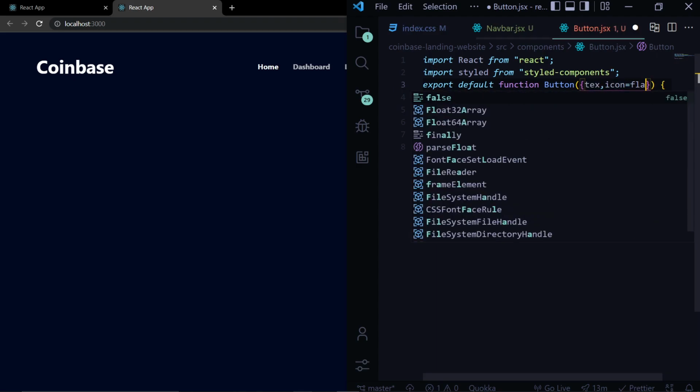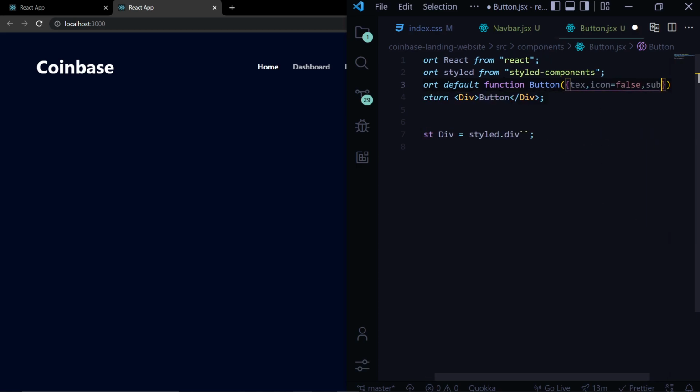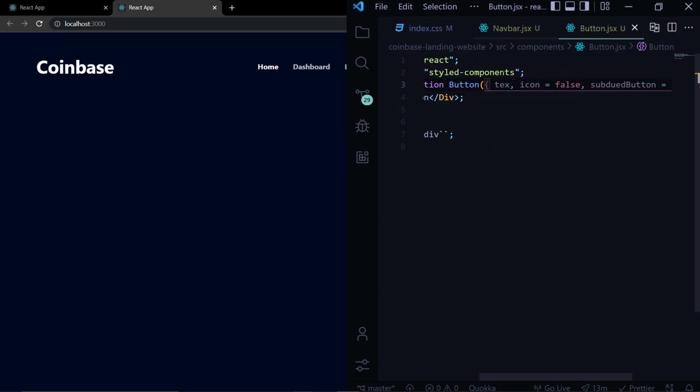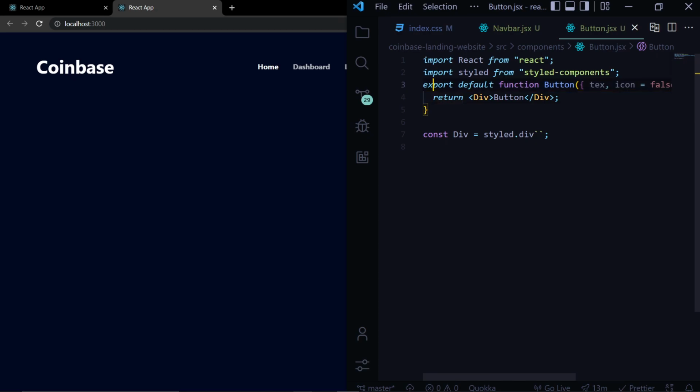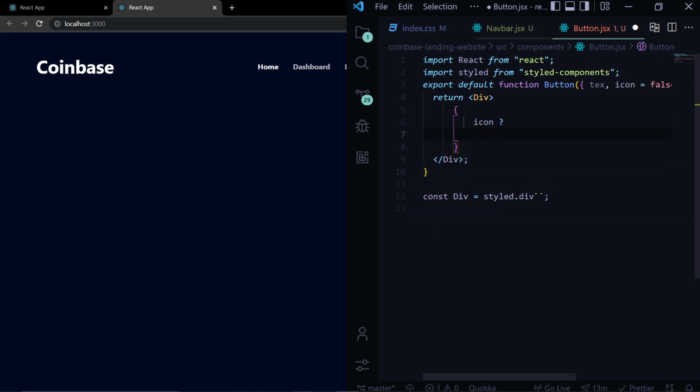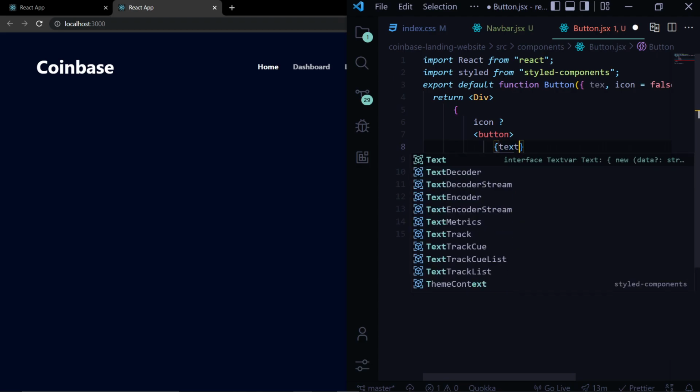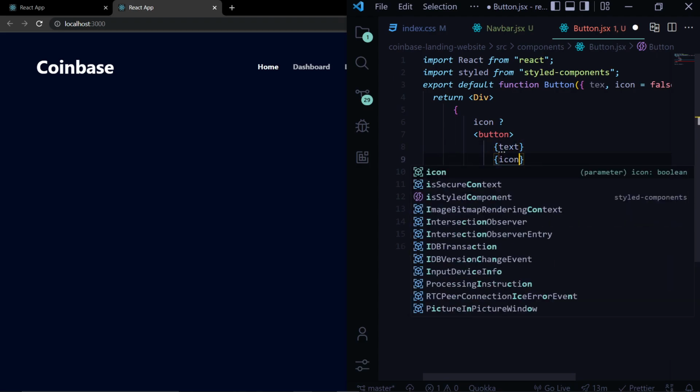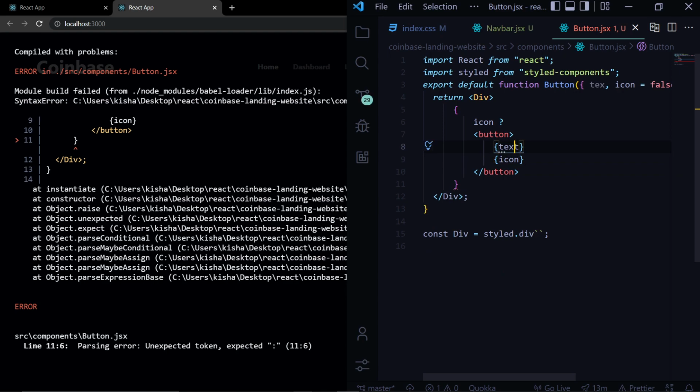Initially the icon would be false, then we'll have subdued button and initially this is gonna be false. Now inside the button here we'll check if there is an icon, then we need this one button, and inside the button we'll give it the text and an icon. Text, okay, this is text not text. Text,